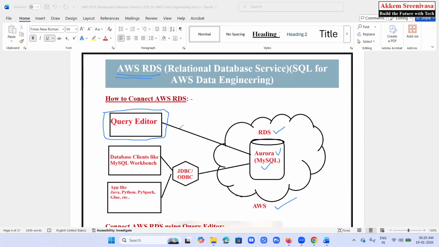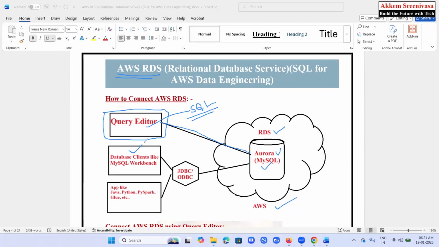Using this query editor, we can create a connection to the Aurora MySQL database. Then here you can write SQL. This is one way of connecting. Second one,